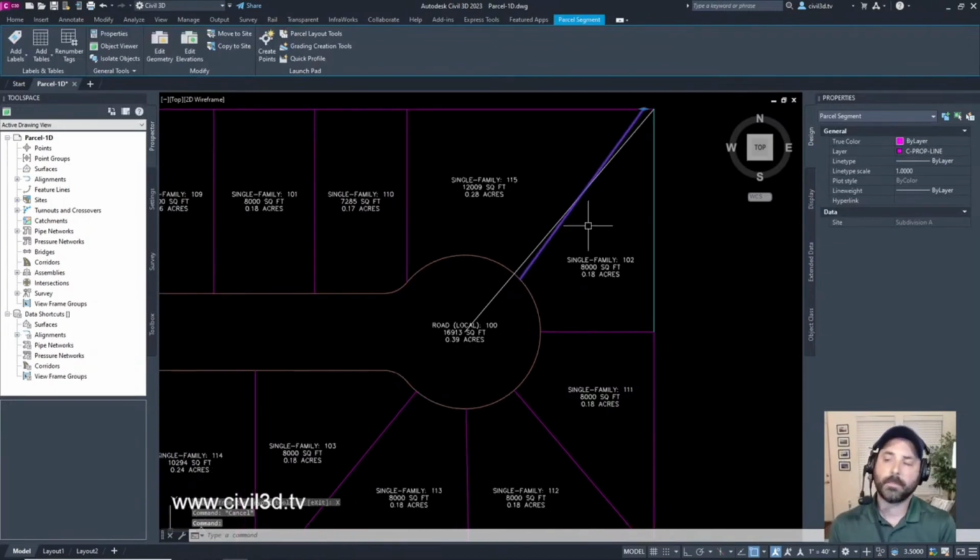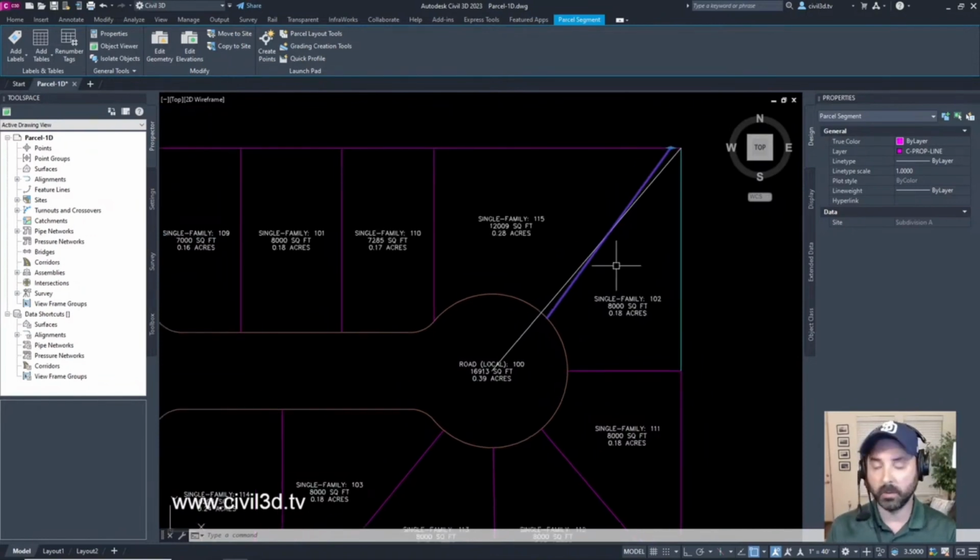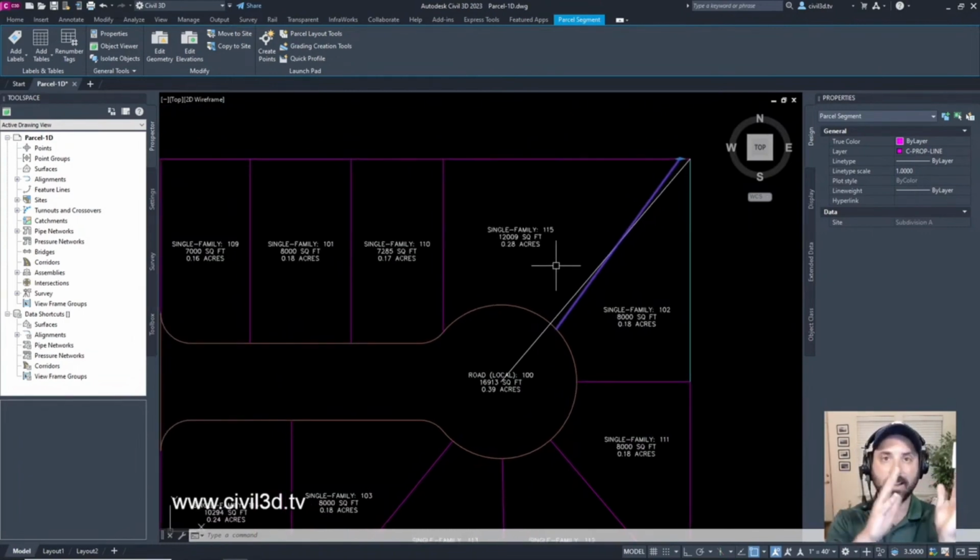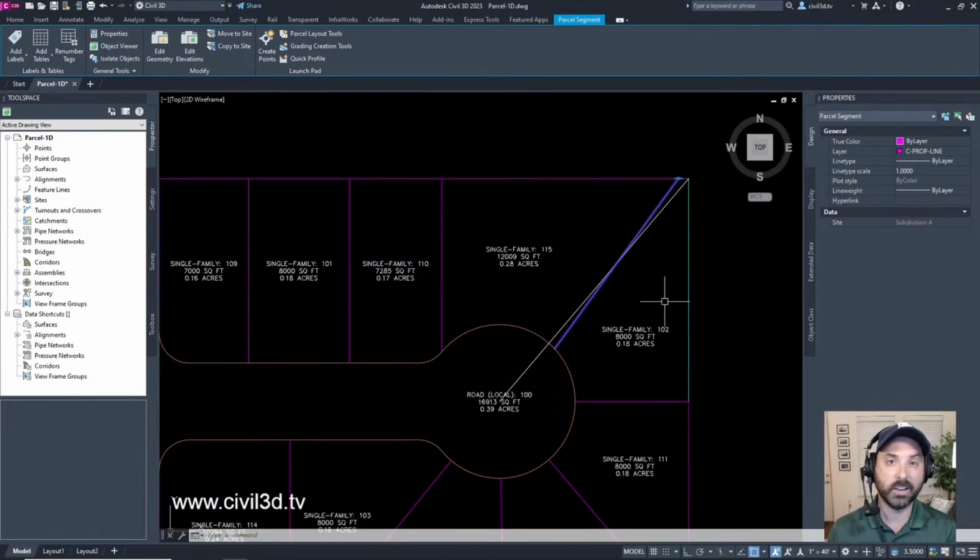So, I mean, the parcel tools can be handy, but it's not a perfect science. I'm sure there's a lot of people out there that are way better at this than I am, but quite honestly, most of the time I tend to use just plain old AutoCAD tools in order to lay out my lots and whatnot. Because sometimes when you're in a time crunch and you're trying to get the right result that you want, it's just best to do it manually.